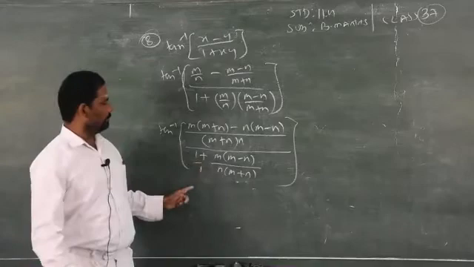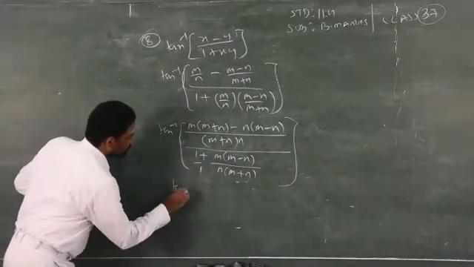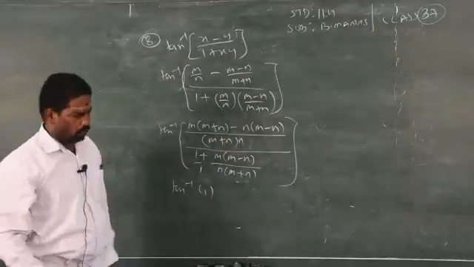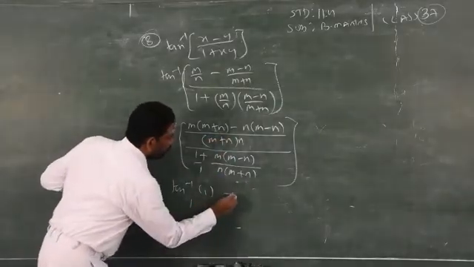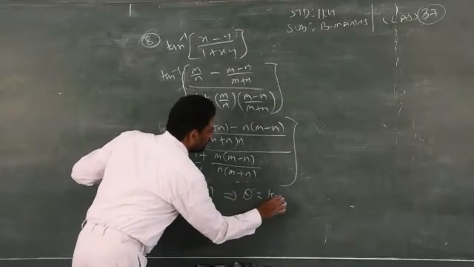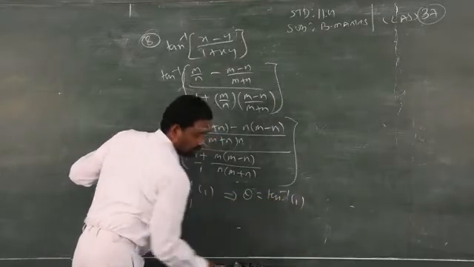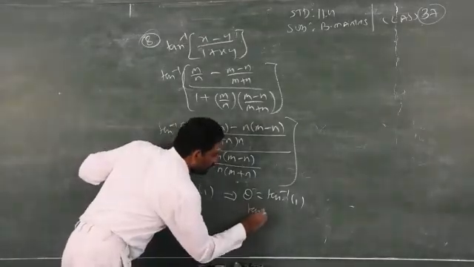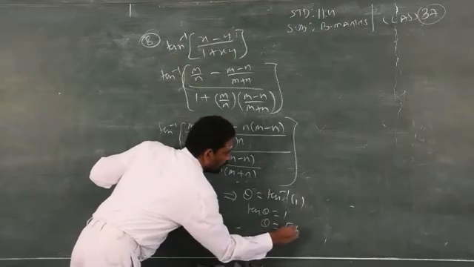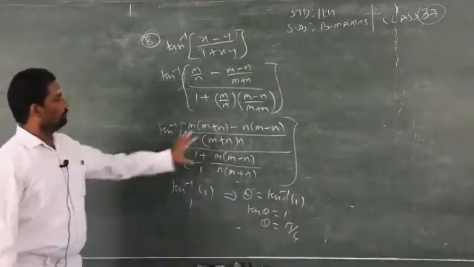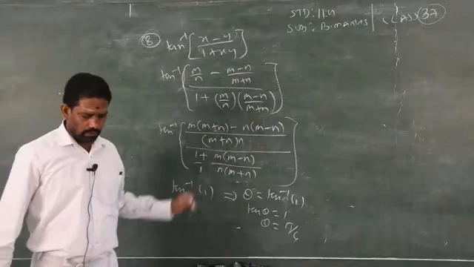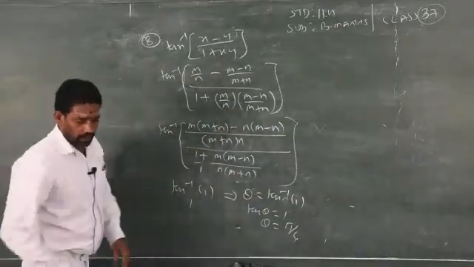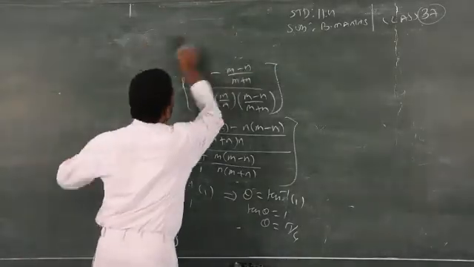After simplification you get tan inverse of 1. How do you simplify? Consider theta is equal to tan inverse of 1, like the second subdivision of sum number 2. So you get tan theta is equal to 1, therefore theta is equal to pi by 4. It is normal simplification that you did in lower classes. Sum number 9 is homework. Now we will go to sum number 10, the last problem of this exercise.